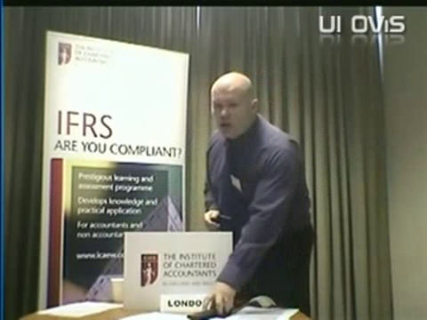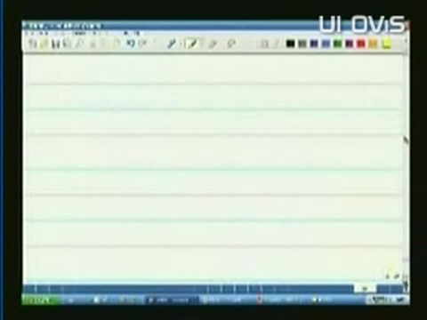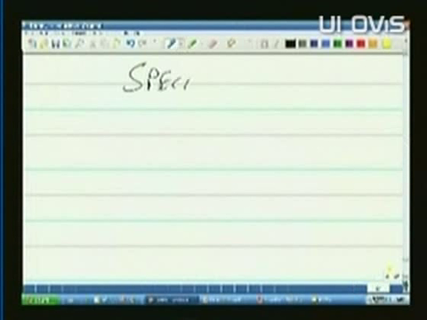Okay. So what we need to do really then is we need to start having a look at some numbers on this just to make sure that you are comfortable. And what we have is two types of borrowings which are covered by the standard. The first one is specific borrowings. So if I have borrowed money specifically for the purpose of constructing this asset,